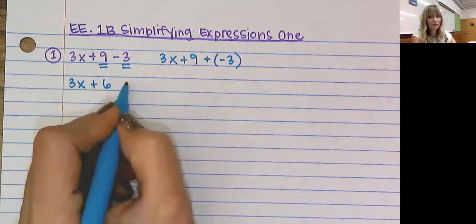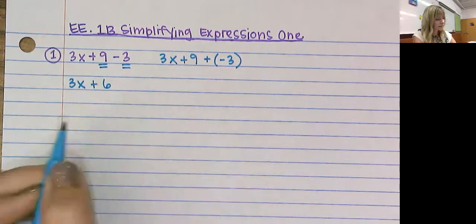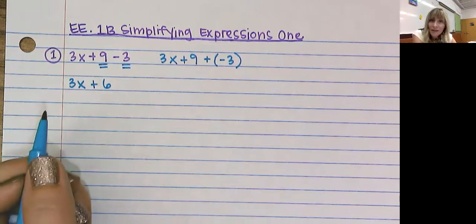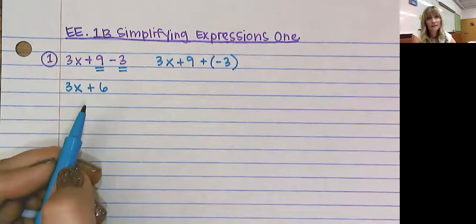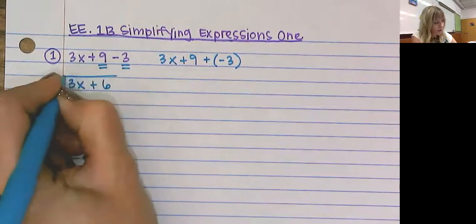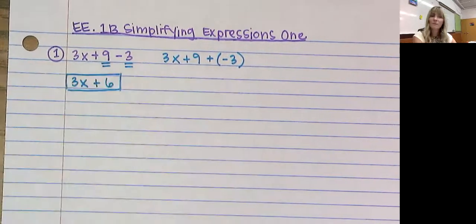Do I keep going here and write equals 9x? Do you have 9x's? No, you do not. So don't call that 9x's. It's not 9x's, it's 3x's plus 6 ones. So guess what? You have simplified the expression. That's all you can do. Let's keep going. Question number 2 says